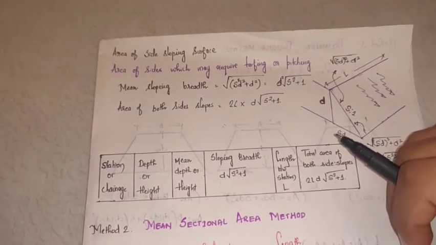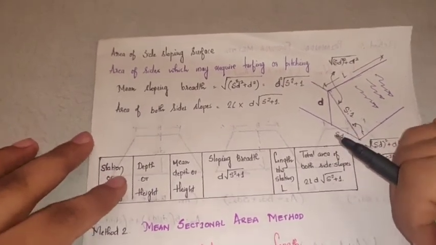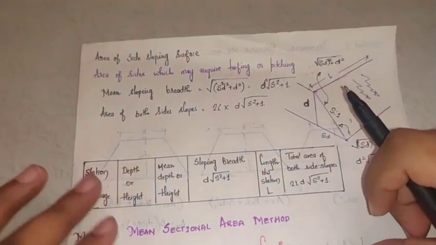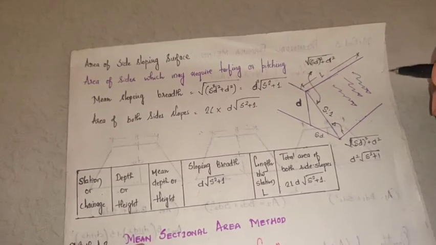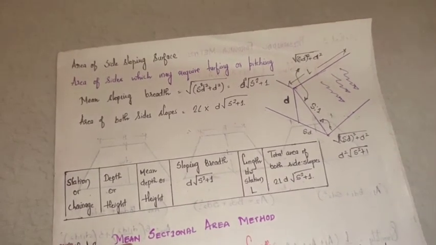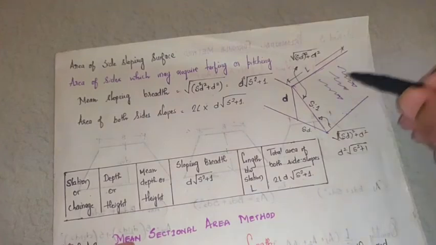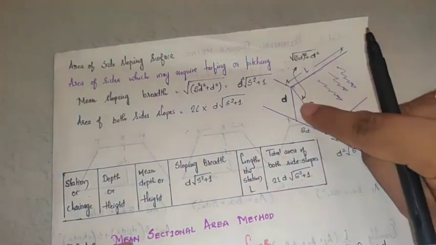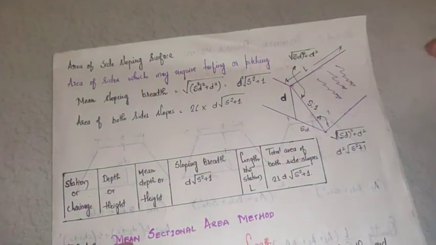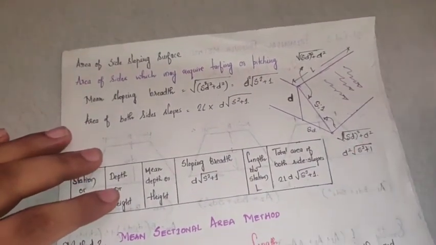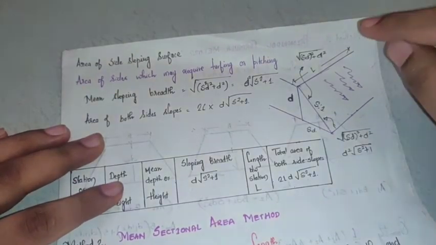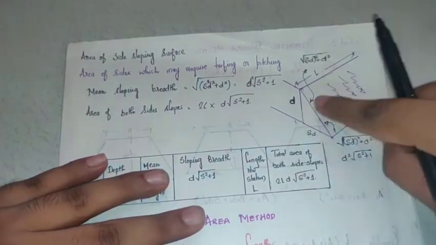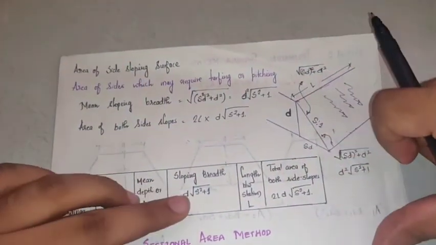Now to calculate the quantity of pitching or turfing that is to be done. Generally, you have seen for earthen bunds or embankments, we provide stone pitching on the side slopes. I hope you know what stone pitching is. We do stone pitching on the side slopes for one reason: to avoid erosion of soil, which affects the stability and strength of the embankment. So we do pitching on the side slopes, or we call it turfing.